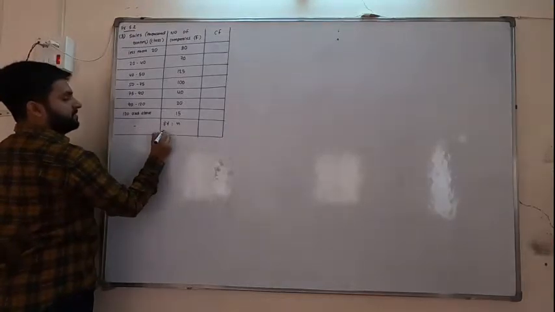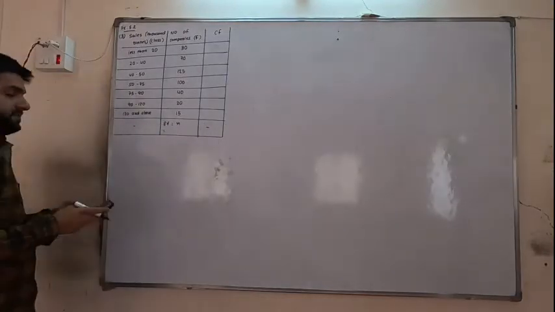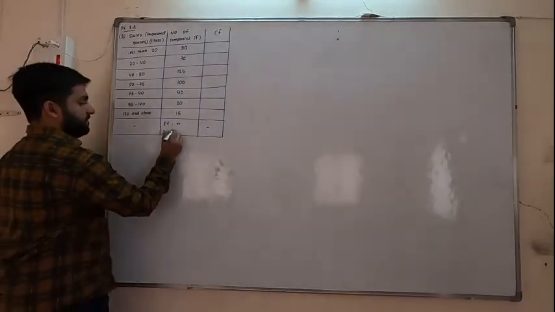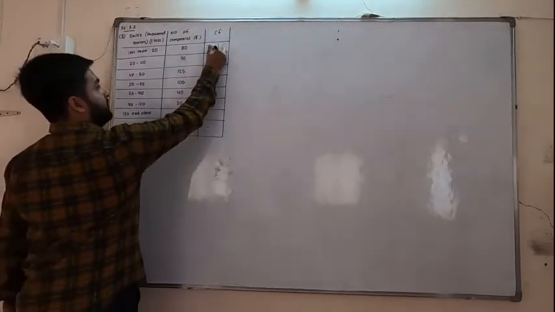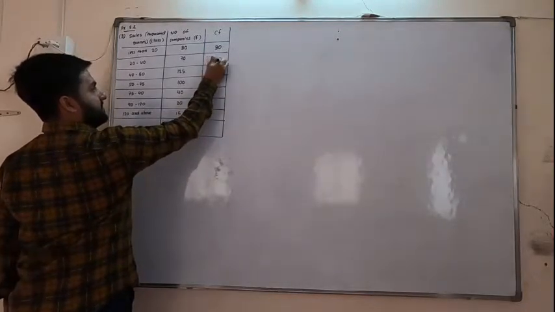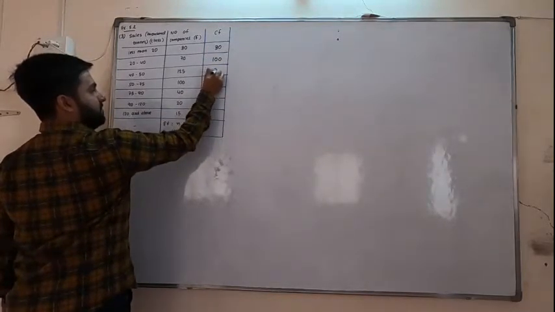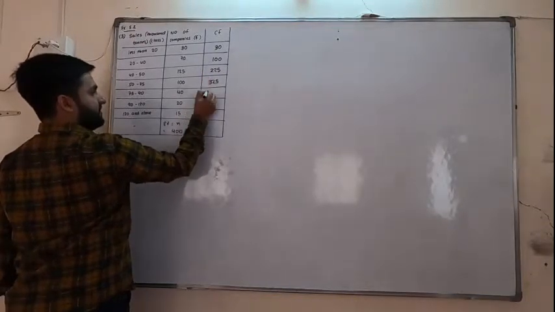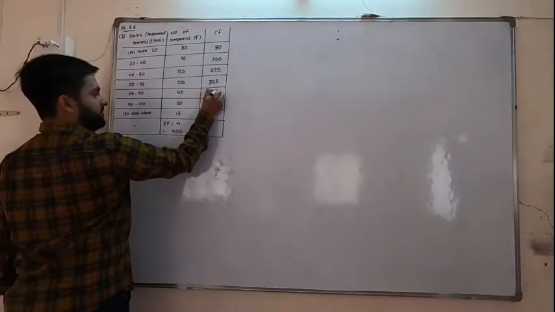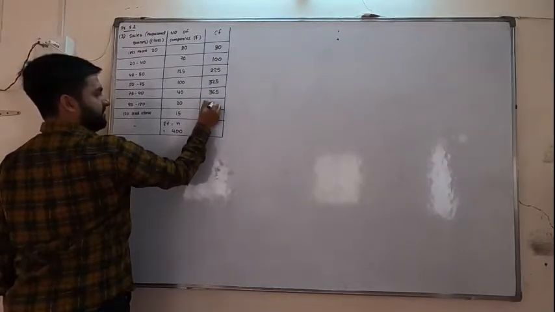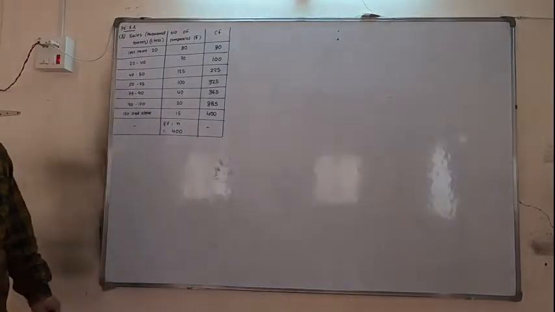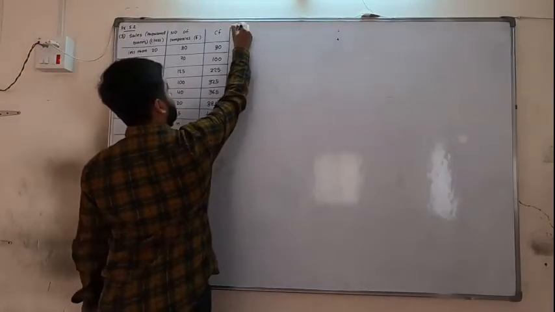Sigma f is equal to n, that is 400. The frequencies are 30, 70, 125, 100, 40, 20, 50, 400. The cumulative frequencies are 30 plus 70 is 100, plus 125 is 225, plus 100 is 325. Then here it will be 365, 385 and finally 400. Okay, now each quartile. Number 1,